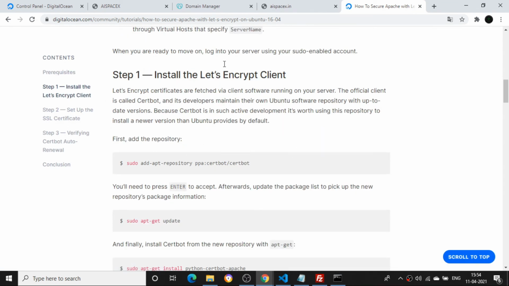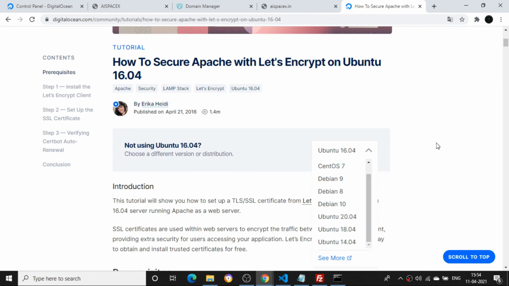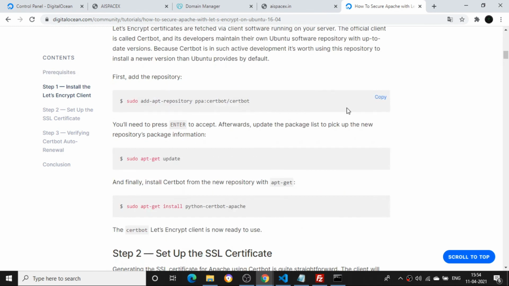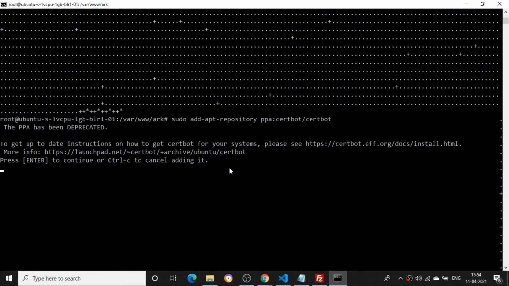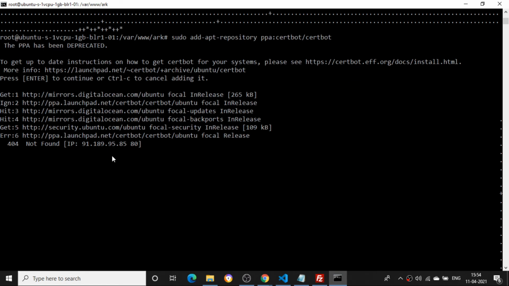I won't be using that one, which is for if you don't have a domain name. I have a domain name, so I'll be using the first link. Here I'll be running for Ubuntu 18 or Ubuntu 16. I'll be using Ubuntu 16 itself. I'll be installing this particular first command, sudo add-apt-repository. I need to install this one. I'll just right click and enter. You can see some IPs, something is getting an error.